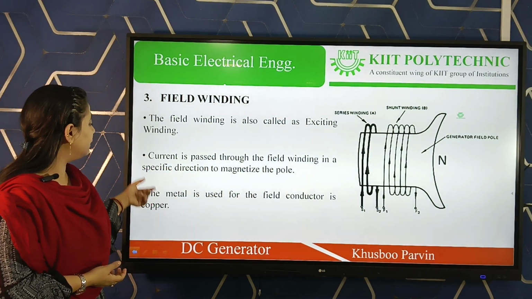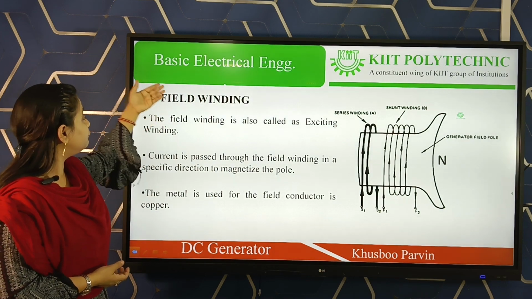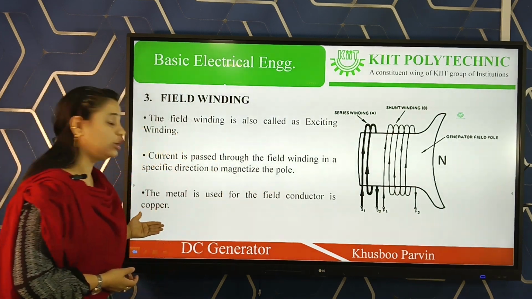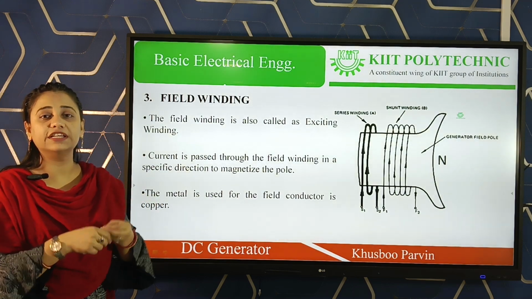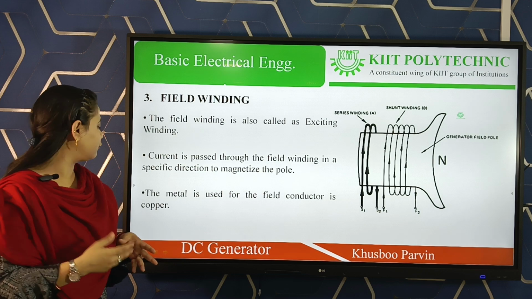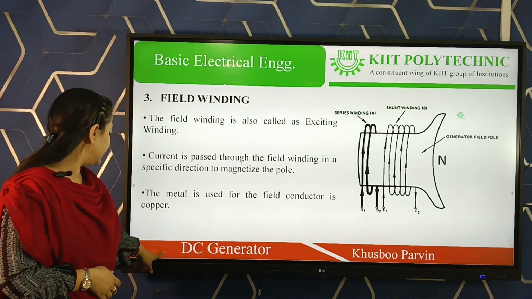Here you can see the metal which is used for the field conductor is copper. The material that the field winding is made of is copper. Next one is your